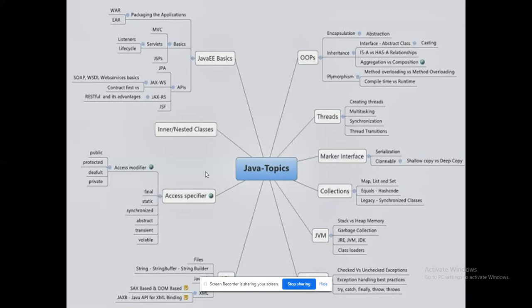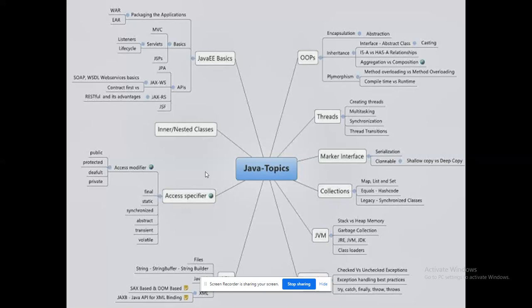So this is the complete mind map for your Java topics for your entire career, not only for this syllabus. I found this through Google, such an interesting one, while I was looking across all these things. See, start from the top. That could be the major criteria that we are going to work with in our syllabus.